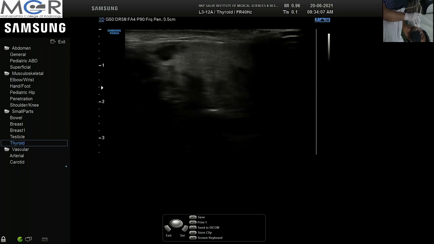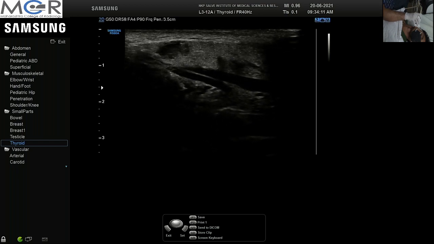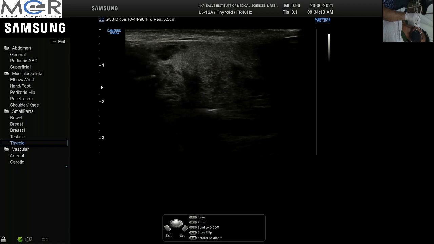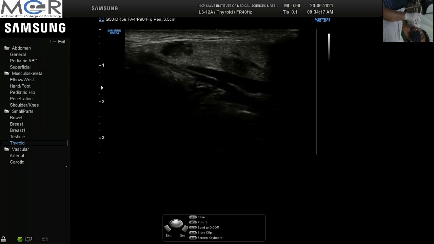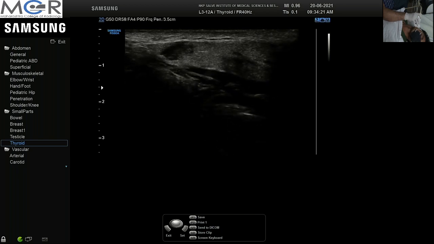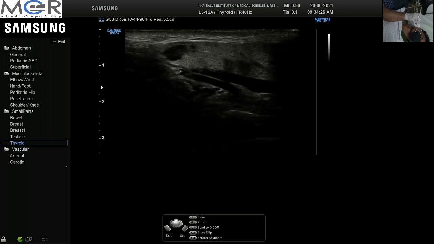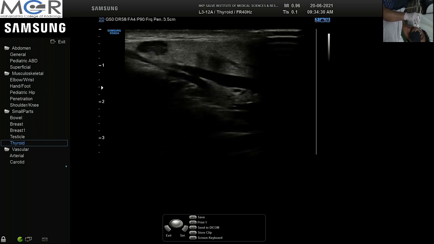This is also the reason why Warthin's tumor is found exclusively in the parotid gland and never in the submandibular gland. It is because of heterotopic rest of salivary gland tissue within the lymph node. Just as the gland engulfs the node, the node also engulfs some of the salivary tissue, and that leads to Warthin's tumor.